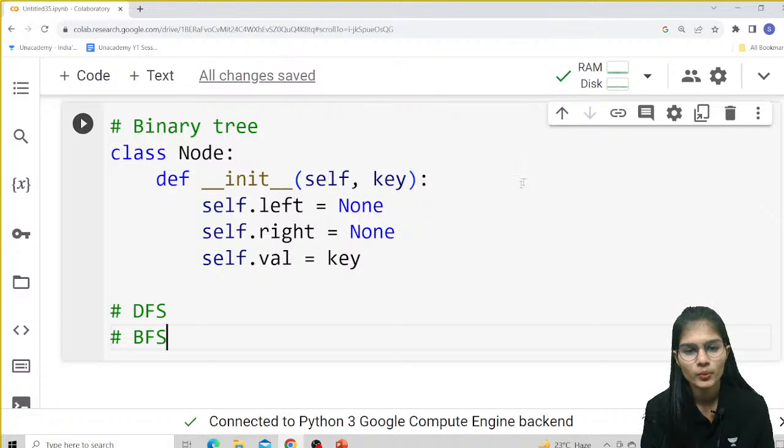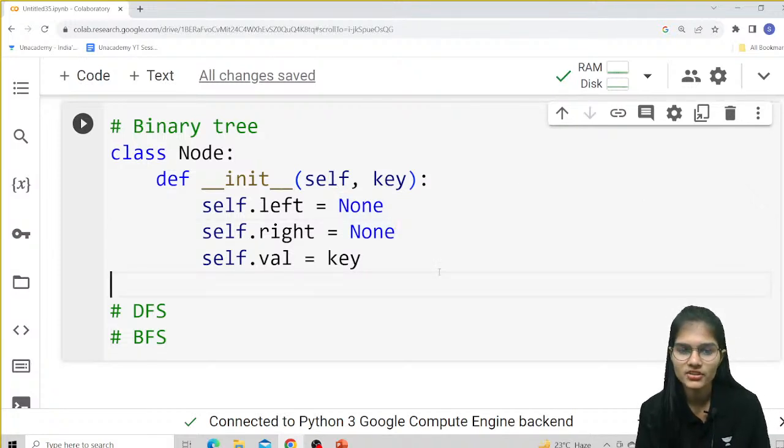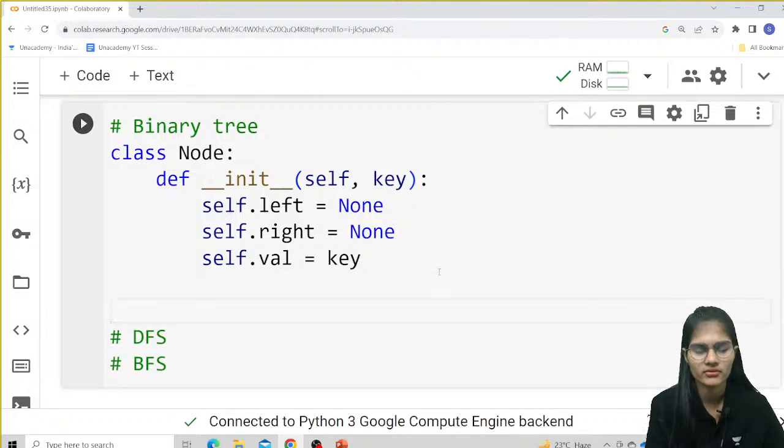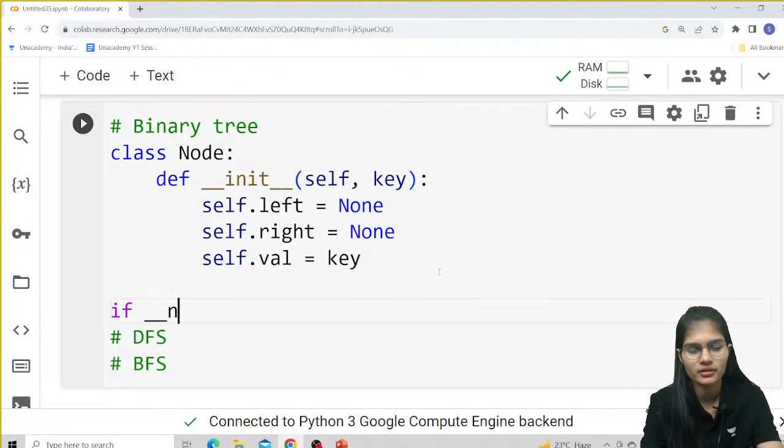We have already made the class. What I would do is make the main function of my code. If you have heard about the main function in Python, I'm just going to make that main function first of all. So, if __name__ == "__main__":